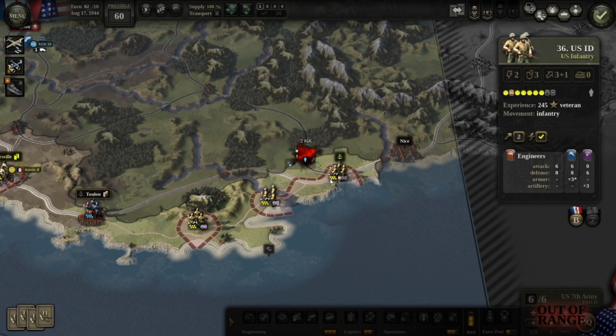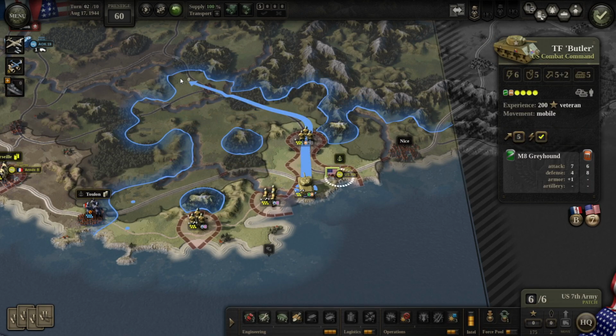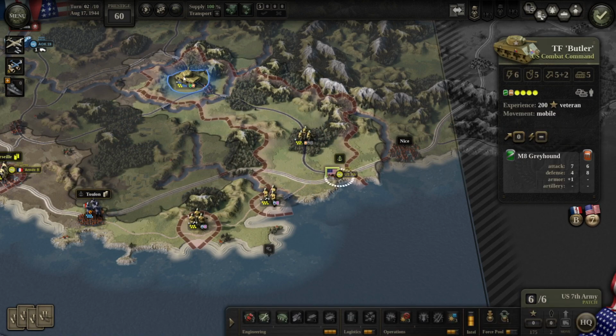Let's move to here, attack these guys. Great. Then we're going to start moving upwards in that direction. I want to place my US HQ, and then I'm going to start placing one of these units. So we'll move with the tank over there. You want to try to...